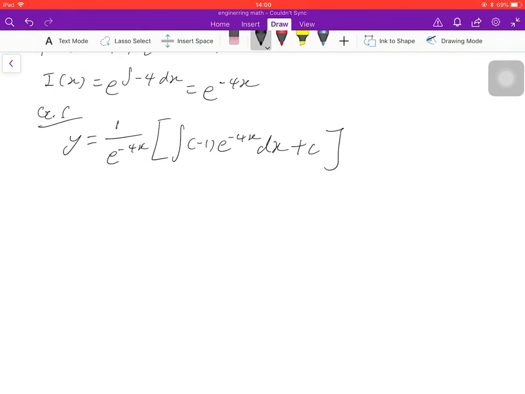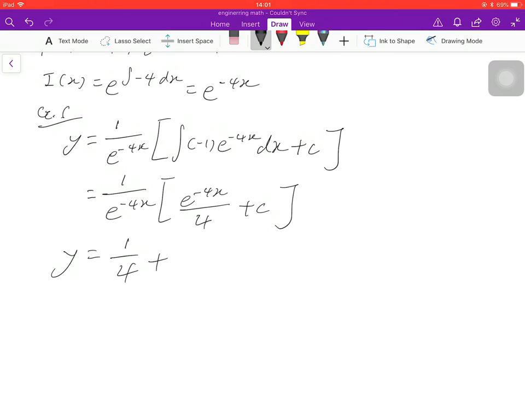Okay, so we rewrite it down, and then we have minus minus, so we get a positive e^(-4x) divided by 4, then here is plus c. Okay, so we simplify this, so y is equal to 1/4 + c e^(4x). So this will be our